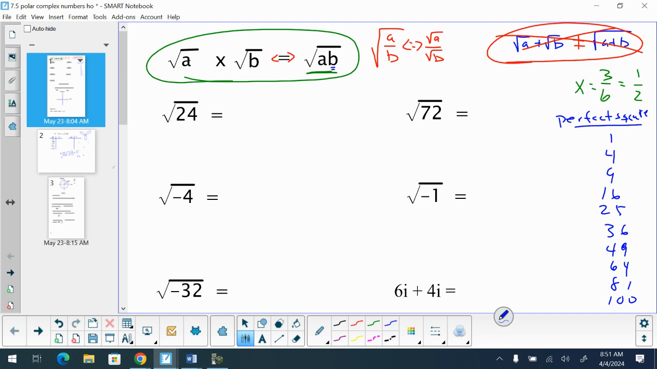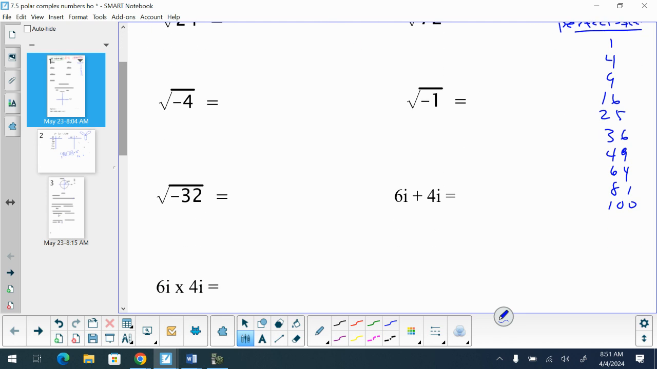Up through 10, we have 1, 4, 9, 16, 25, 36, 49, 64, and we can go up through 15: 121, 144, 169, 196, and 225. Now, once again, I'm sure at some point I've alluded to this, but just going back for us math nerd people